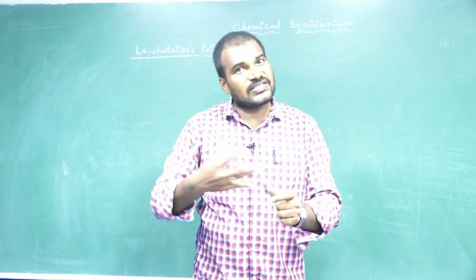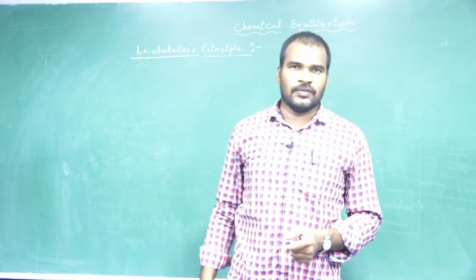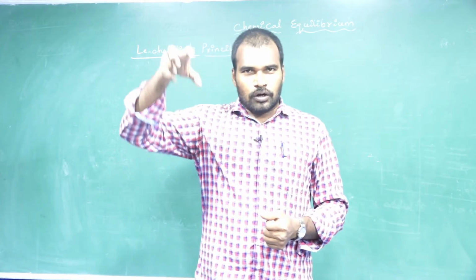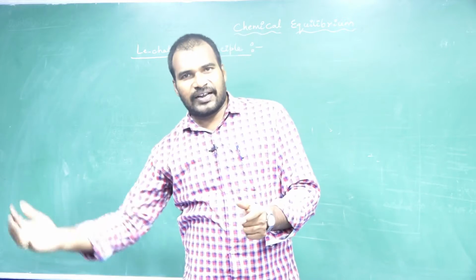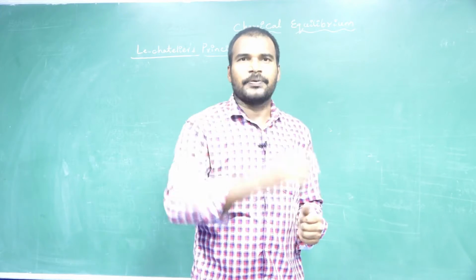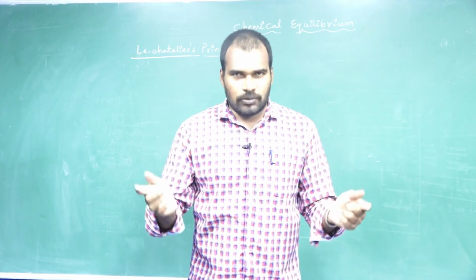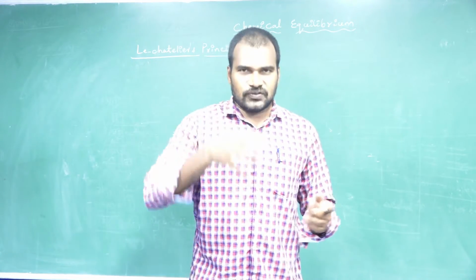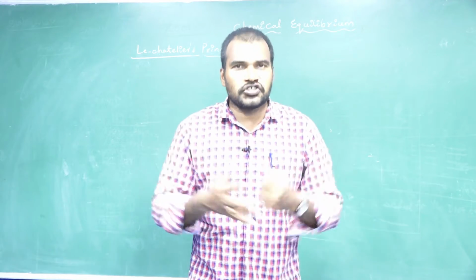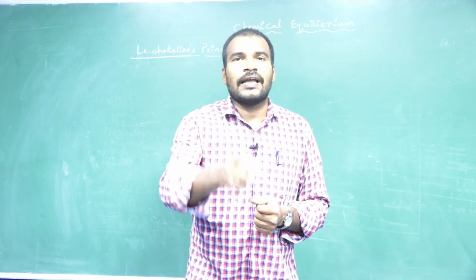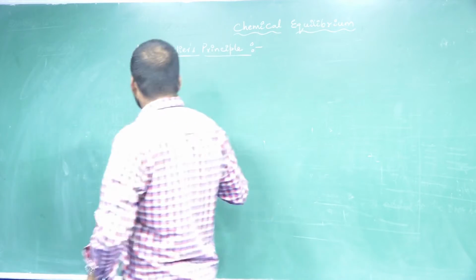The equilibrium changes its position in order to nullify the effect of the change or the effect of the disturbance. So to reduce the damage of the disturbance, the equilibrium may move to the right side or left side, and that principle we call as what? Le Chatelier principle. Once again, when the system is at equilibrium, if there is any disturbance, then the equilibrium will shift or change its position in order to nullify the effect of that change, and that is called Le Chatelier principle. Here I am writing the principle statement.